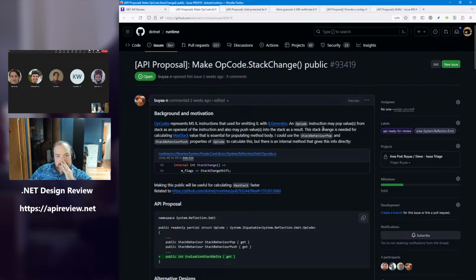First up is make OpCode.StackChange public. Yeah, so there is an internal API that expresses stack change reference, and I'm asking to make it public, probably with a public property, and